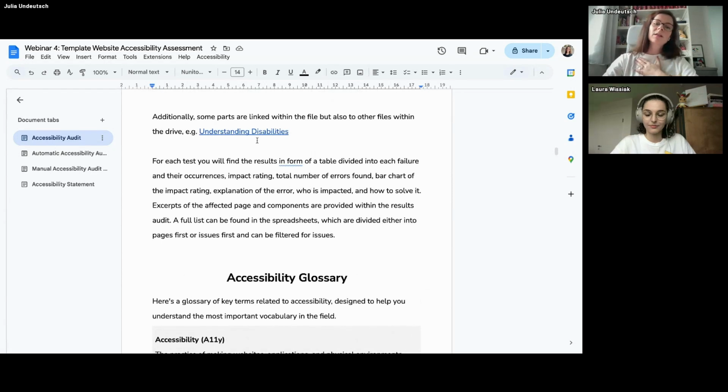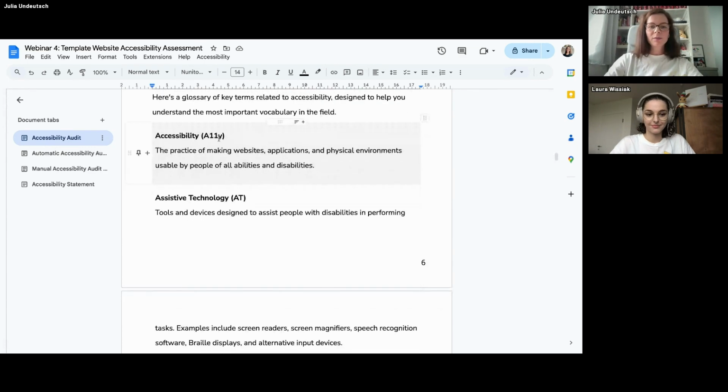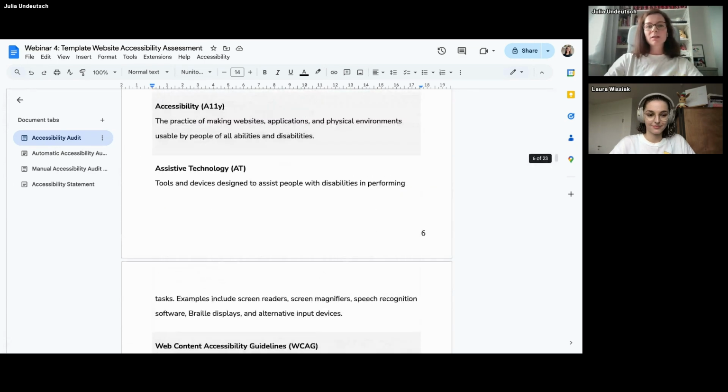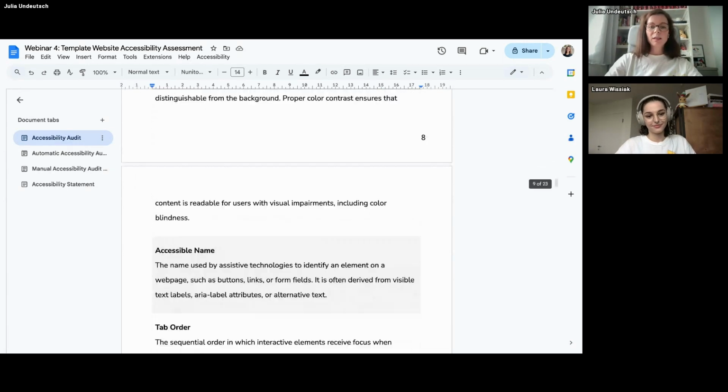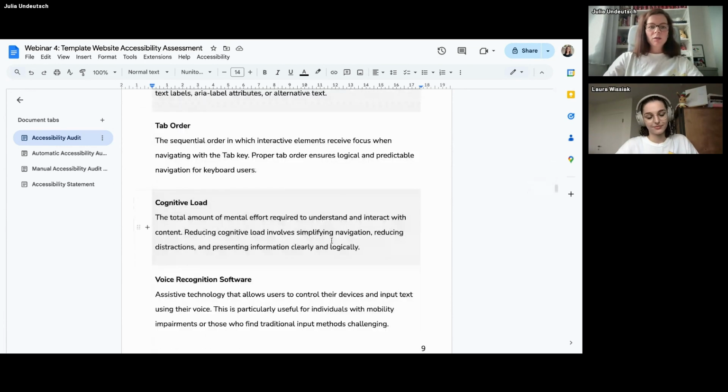I also put in links for official documents in case they want to read further, but I also tried in this document to explain it in my words, which is also, I think, a good training for yourself, because when you have questions about certain parts you are writing, then you realize that you weren't that good in explaining as you may have thought. Then a short glossary about different terms. We are used to it, but someone who has never done anything with accessibility before maybe never saw the short form of accessibility or what AT means or WCAG or such. So all these words I also explained in the introduction audit.